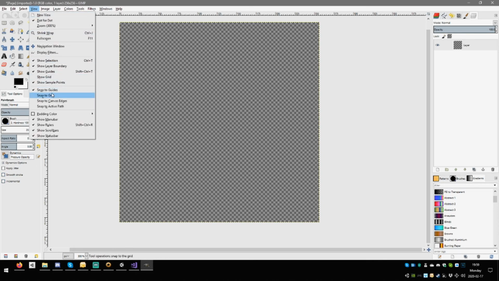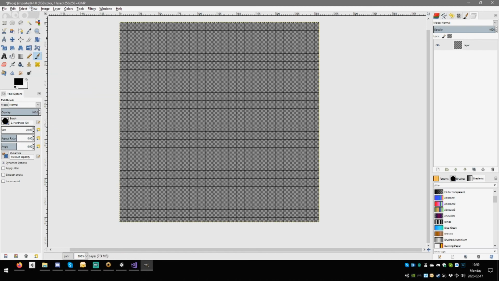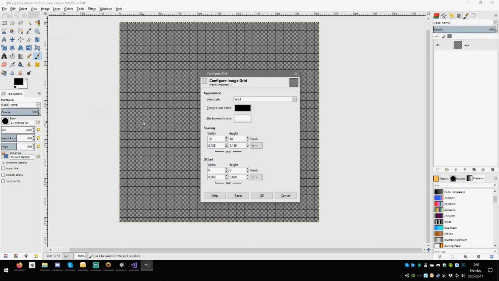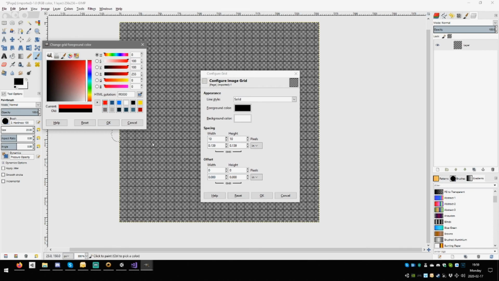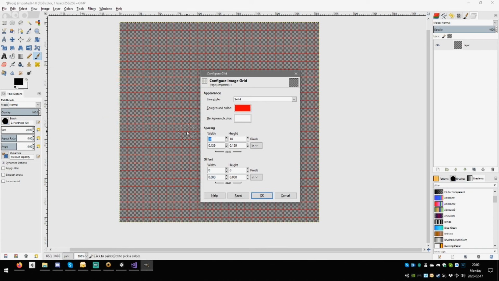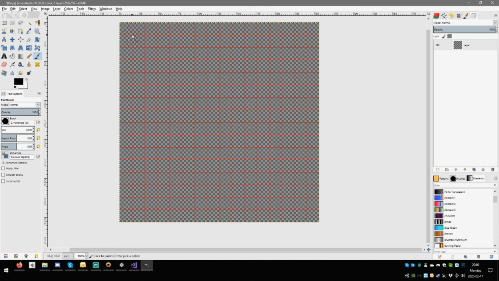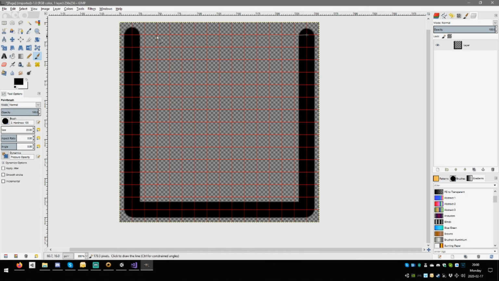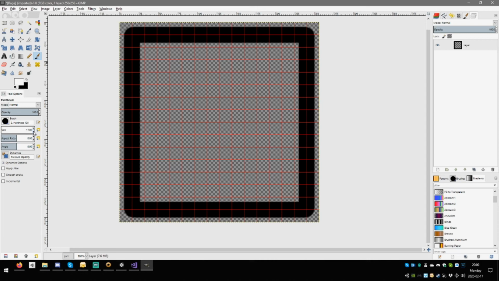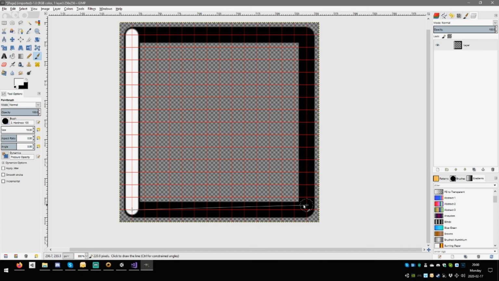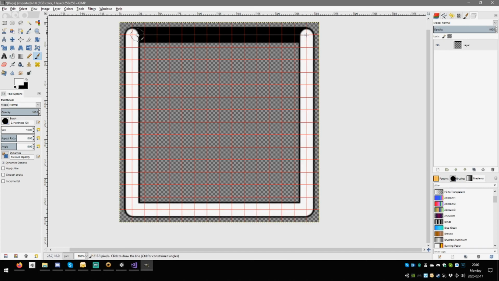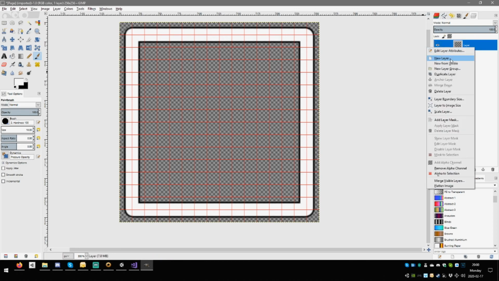So view, show grid, view, snap to grid, view, image, configure grid. Change this to some color that's very visible and give it 32. No, give it 16. There we go. We're gonna start from this corner, hold shift, and release. And now I'm gonna switch colors. I'm going to reduce the scale, hold shift, there we go. And I'm gonna add a new layer